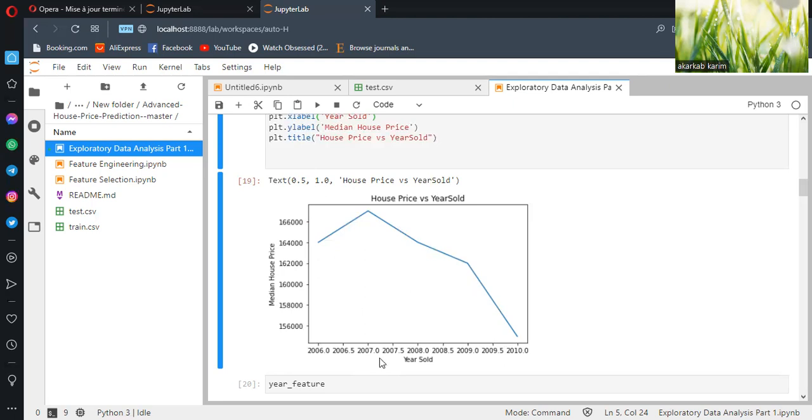So if we look at the relationship between the median house price and the year sold, the curve decreases in this part from 2007 maybe, and over time the price decreased. Maybe we have a lot of reasons that can explain that, but for me, because I didn't check before this one, well, my own